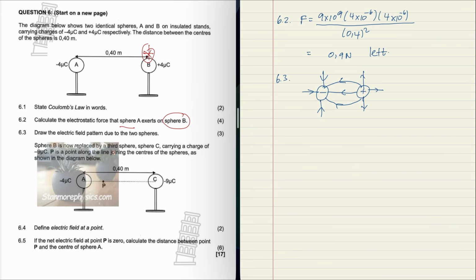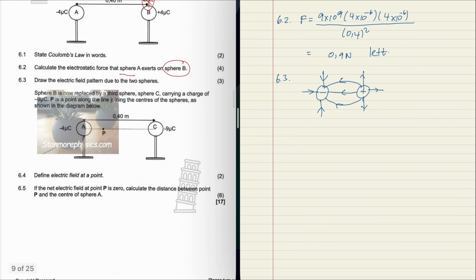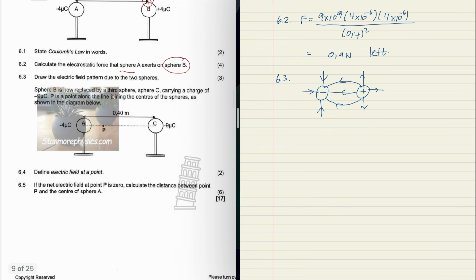Sphere B is now replaced by a third sphere, sphere C, carrying a charge of -9 microcoulombs. P is a point along the line joining the centers of the spheres as shown in the diagram below. Define the electric field at a point. Okay, that's fine. Question 6.5. If the net electric field at point P is 0, calculate the distance between point P and the center of